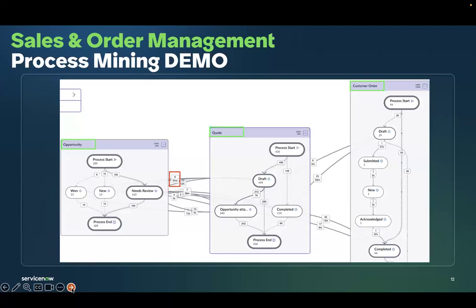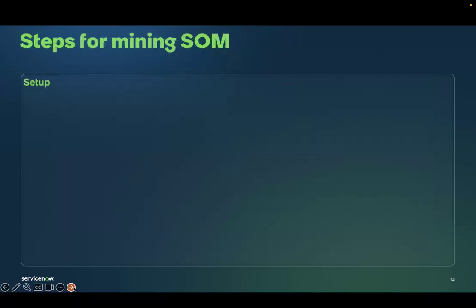At the end of the session, we will do a demonstration on how to mine all three tables, opportunities, quote, and customer order, and spot anomalies, such as when the opportunity is converted into a quote, how long does it take? 2 months. These are some very stark inefficiencies spotted when the sales order is completed from beginning to end. We'll cover all this cool stuff, but first I think we need to focus on how to do this.